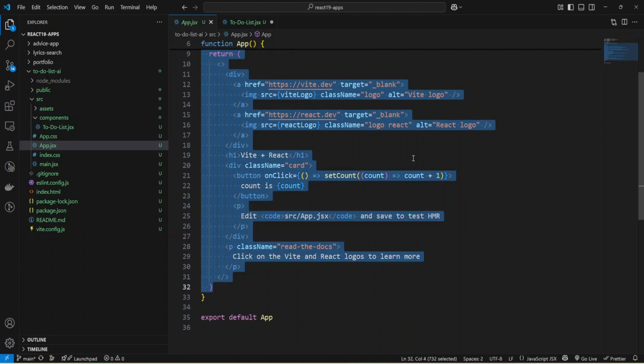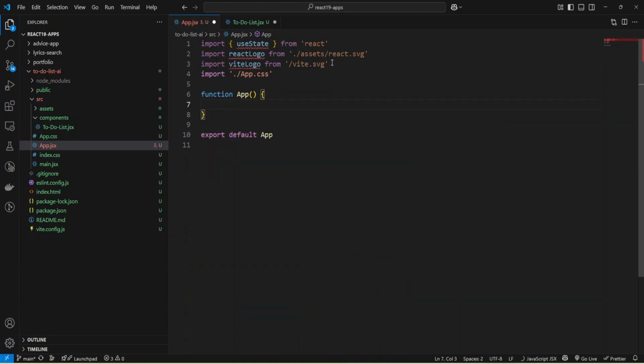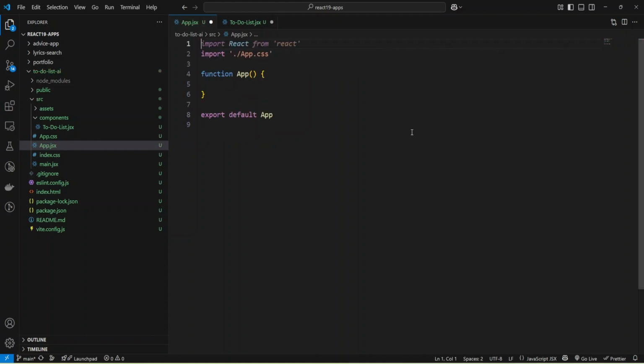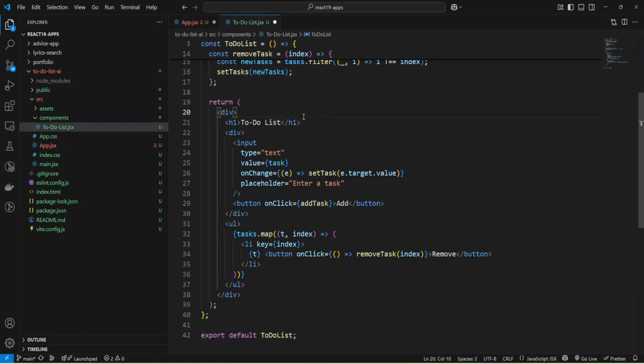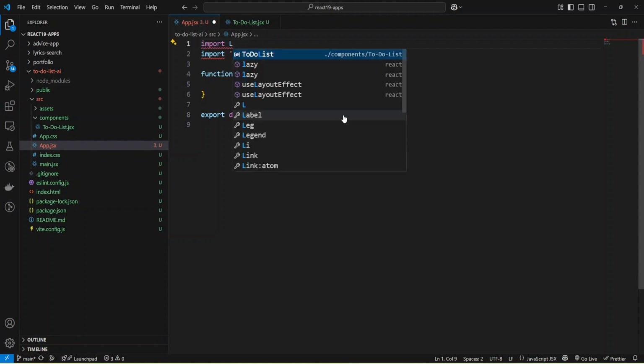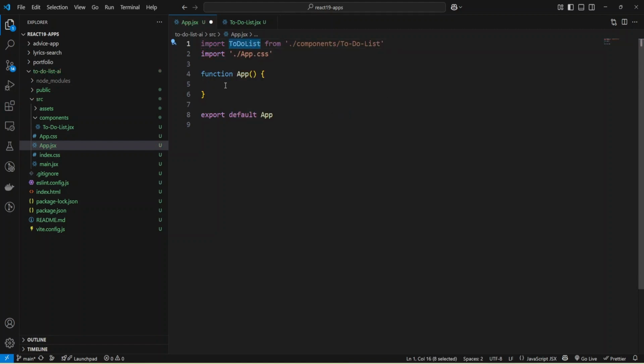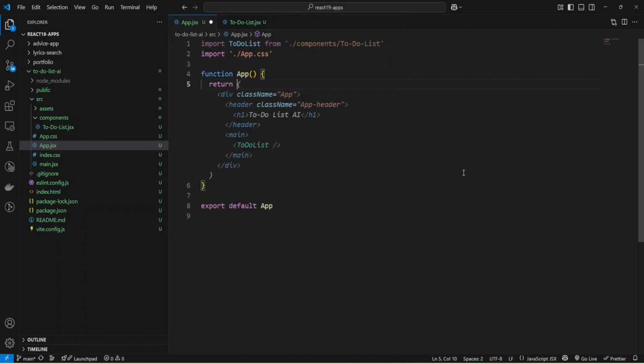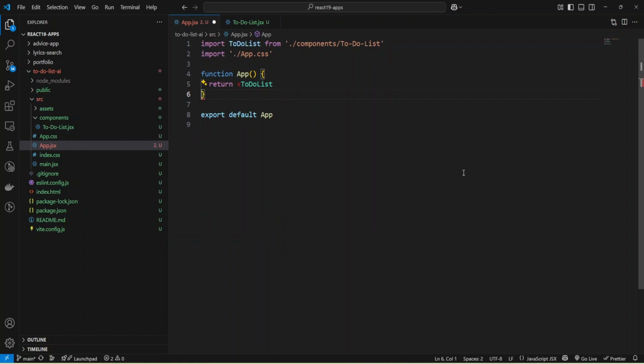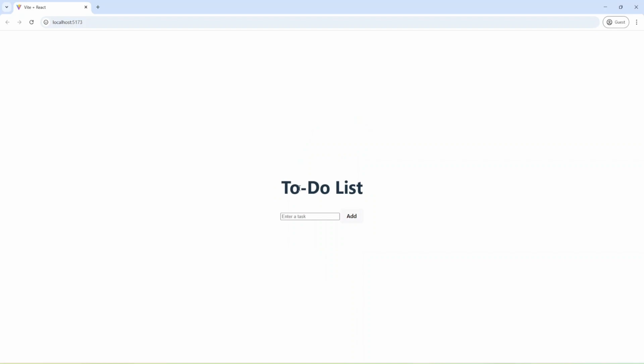and I'm going to clean up all this auto-generated code, and also we don't need these imports, and let me import my component. I need to save it, and now I can import TodoList. Now I can add my component to the application, and I'll just add it here. Okay, and now we can check. And as you can see, we have the to-do list, and we can add some tasks like 1, 2, 3, and also we can remove. So we have our functionality, and we need to add styles.